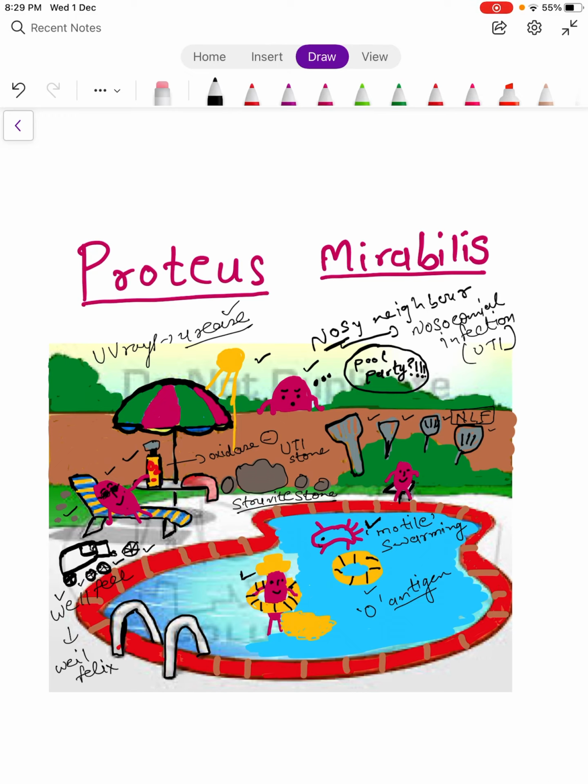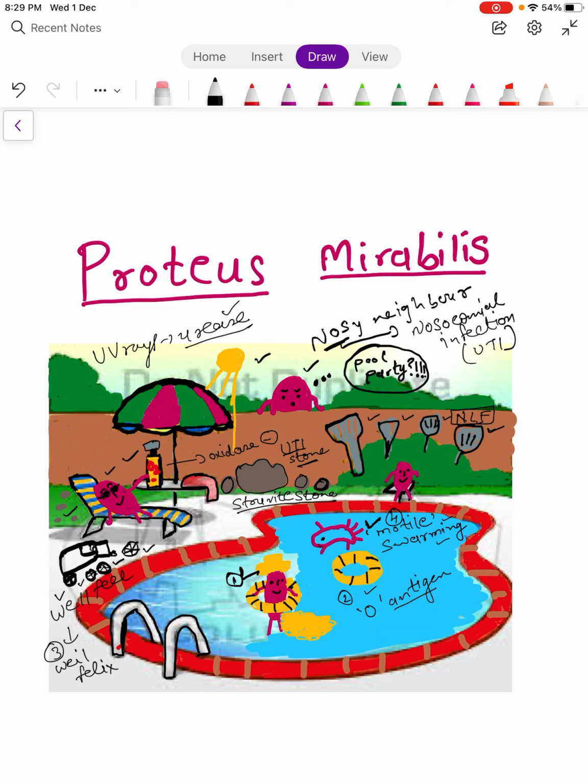So now let's summarize everything once again. Proteus mirabilis is a gram negative bacteria. They produce O antigen which will be helpful in Weil-Felix reaction. Then they are motile and they show swarming pattern on culture media. They are non-lactose fermenters. They produce UTI and urinary stone